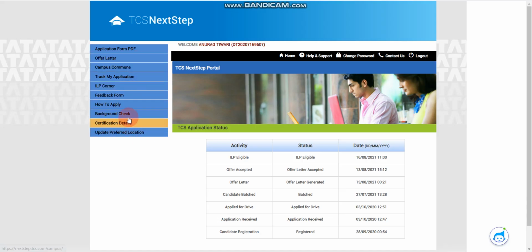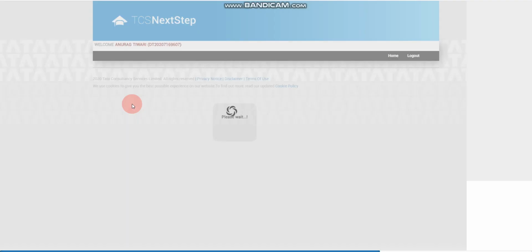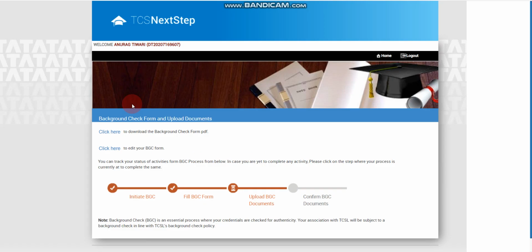Now what is the next step? After accepting, the next step is background check. I have to complete the background check, and you also have to complete it. Click on background check. Now here you can see 4 steps. First step is completed, initiate BGC. This is completed by default.